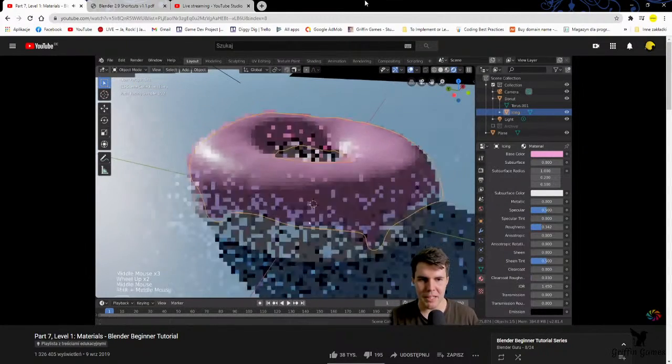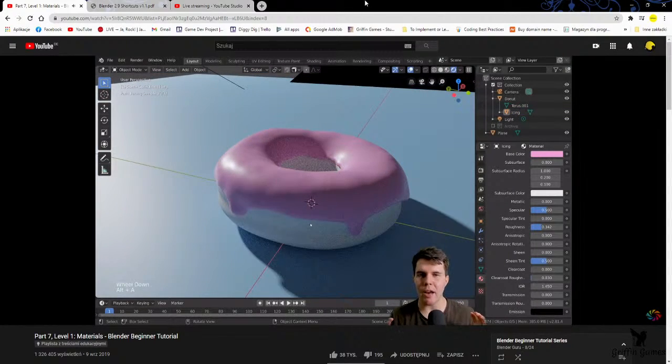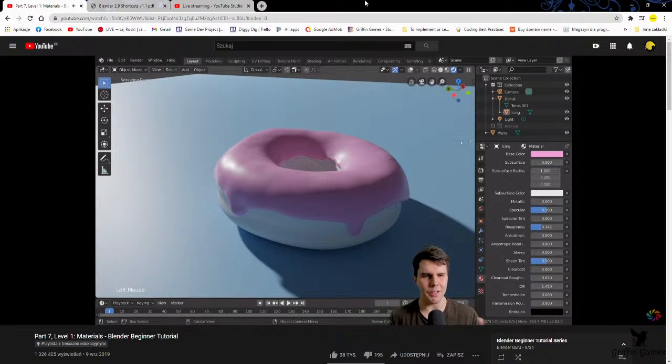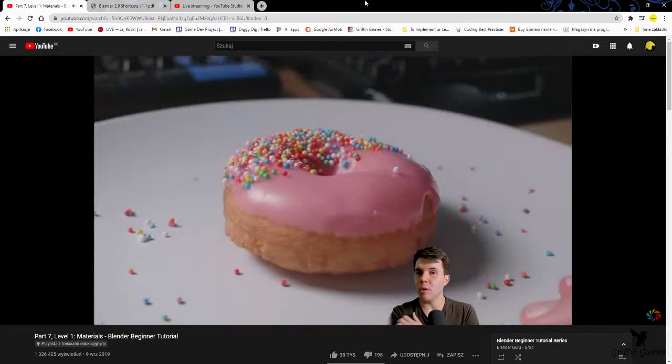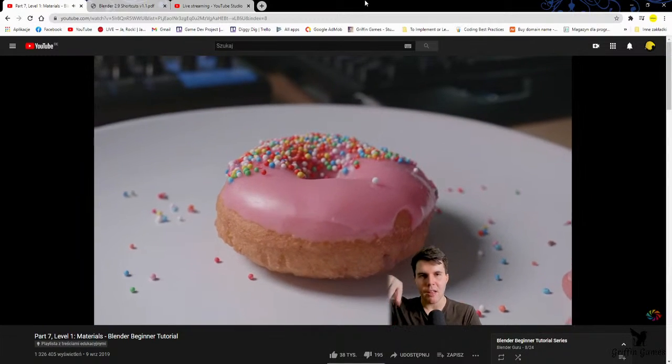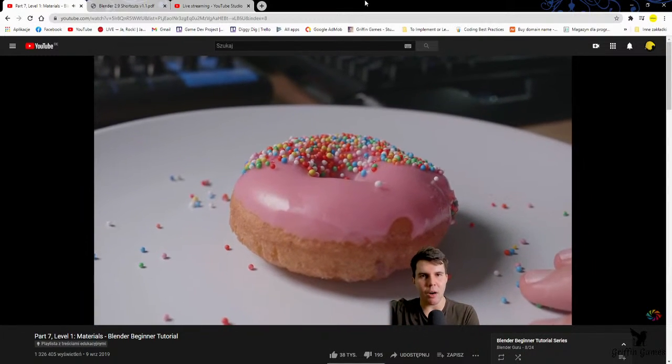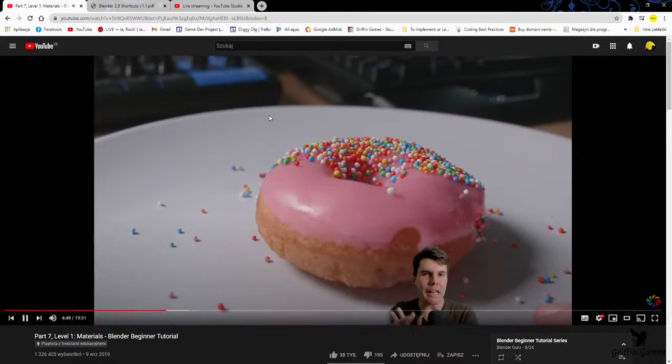Now, because this is icing, icing is actually a kind of rare type of material in that there is another property to it, and that is called subsurface scattering. So you can see looking at this right now, it does look like icing, but something seems off about it. Like it almost looks like it is too hard, right? It looks like it's almost made of concrete. And the reason for that is that looking at our reference of real icing, light isn't just hitting it and bouncing off it, light's actually entering into it